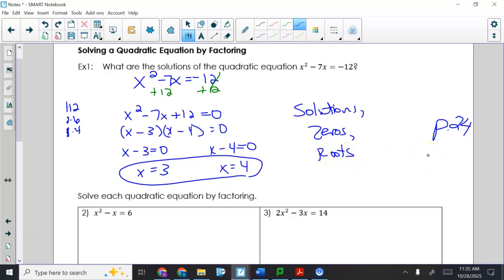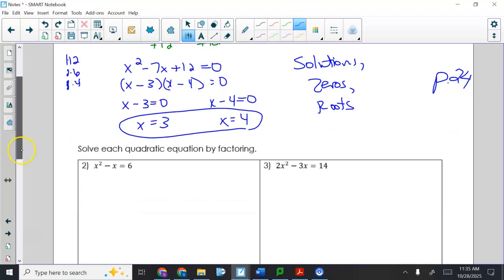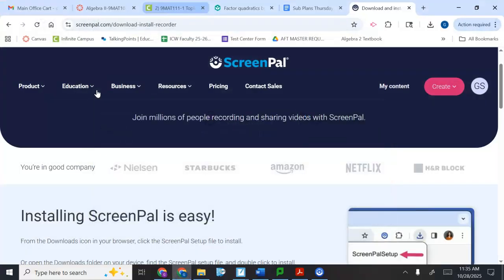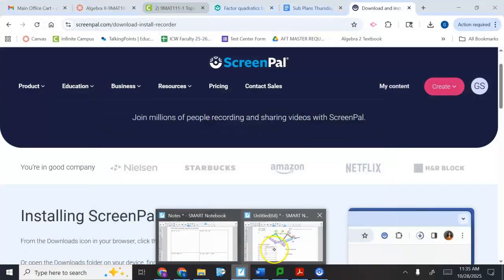Those all mean the same thing. Okay. All right, let's do a couple more here. Solve each quadratic by factoring. So for number 2, you need to subtract that 4